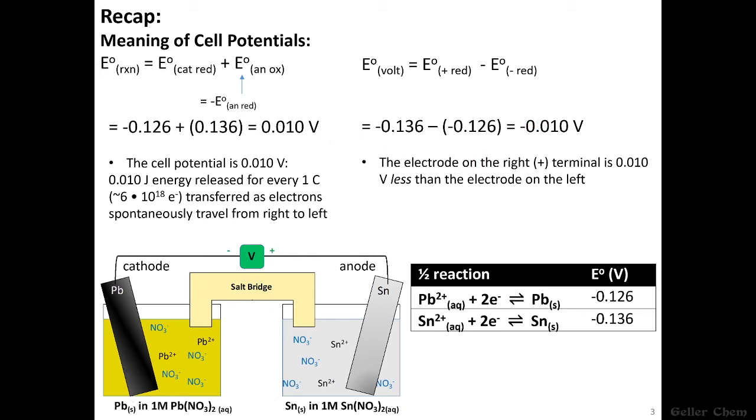Now, so far we have kept things simple and always done everything in 1 molar aqueous solutions, thus keeping everything at standard state conditions, where we can use these voltages here. But what happens when we're not at 1 molar? Well, then we need to use something called the Nernst equation to figure out the proper voltage. So let's make some notes. All right, so Nernst equation,